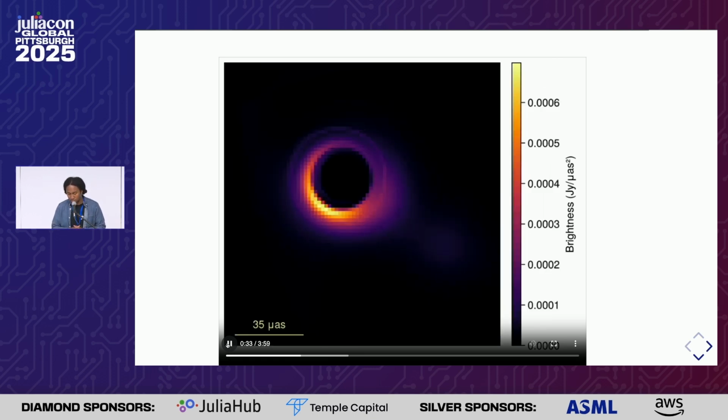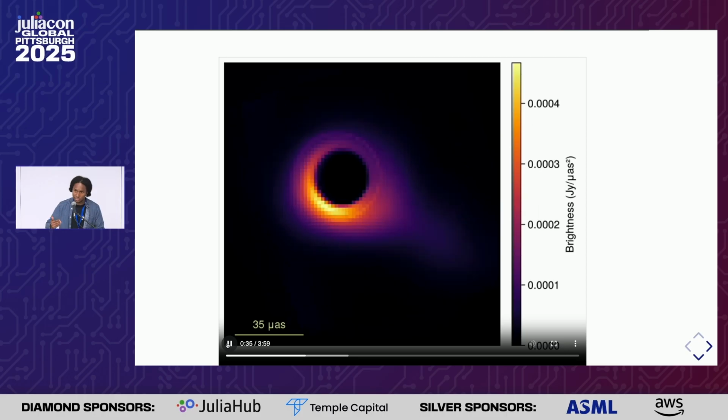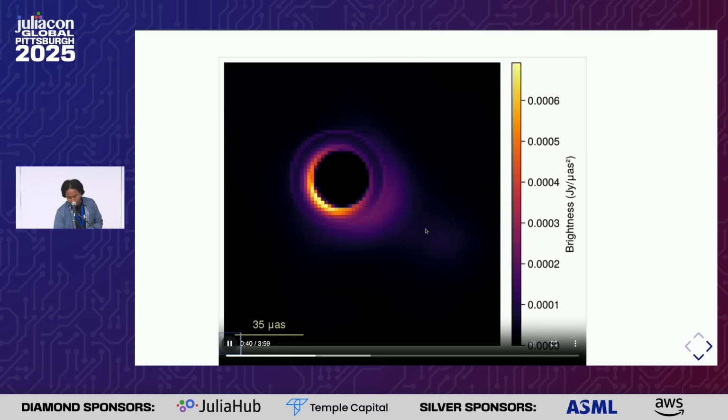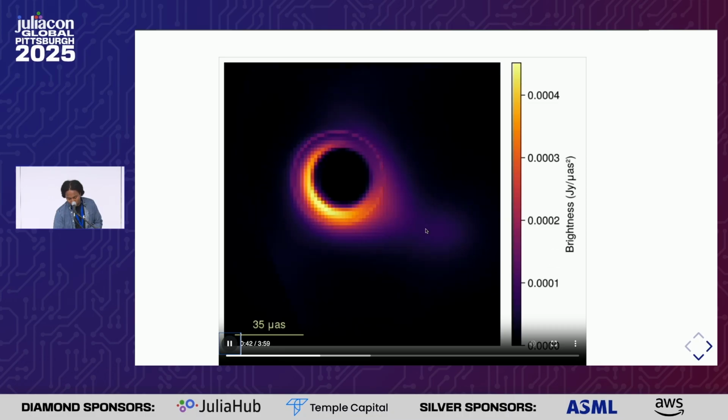But there are certain features that are consistent. In particular, we see that the shadow is always there. We always see that brightness asymmetry, and we always see this fluff. And I think this fluff is particularly interesting because